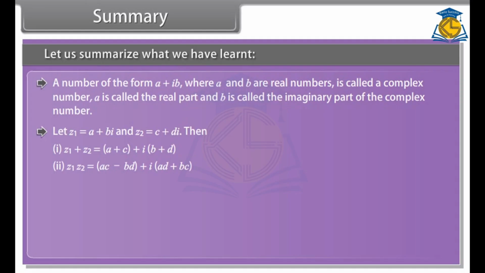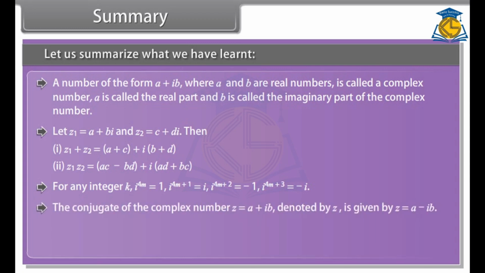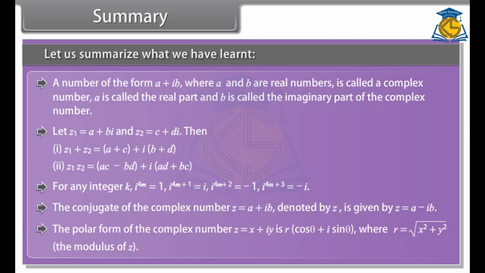Then, for any integer k, the conjugate of the complex number denoted by z is given by, and the polar form of the complex number is